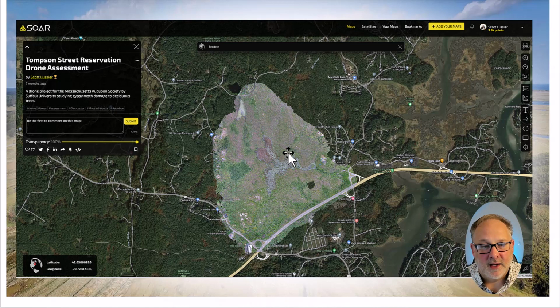Gypsy moths had come in and torn it apart, and I did this project and said, okay, we can every year at the same time take these same pictures and get a digital assessment of the health of the plants, right? Nice little project. Upload the same drone mission, get the exact same pictures.